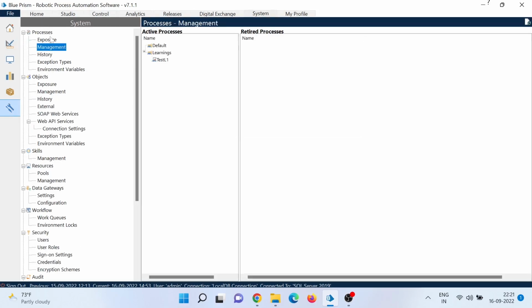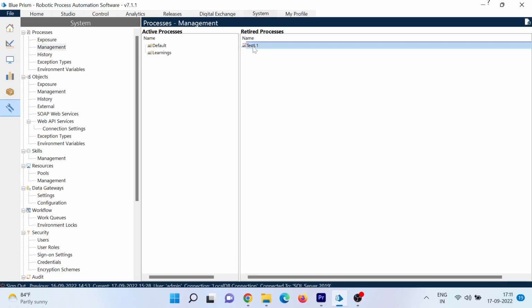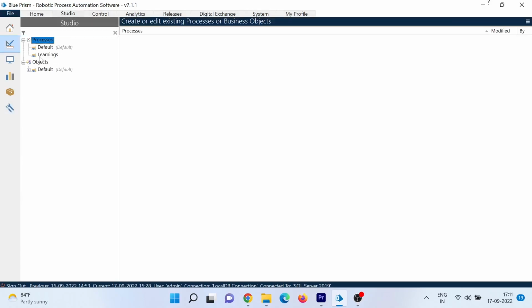So as I said, if you remember in the first session when I was explaining, these are all settings, right? So in there you go under process, you go to management. It's the same thing you want to do for object, you can do for object. So basically go to management, click this one, and then you can drag it this side. So basically you are saying that you have retired the process. So once we retire the process, if we go back to studio, we no longer see that process under learnings,